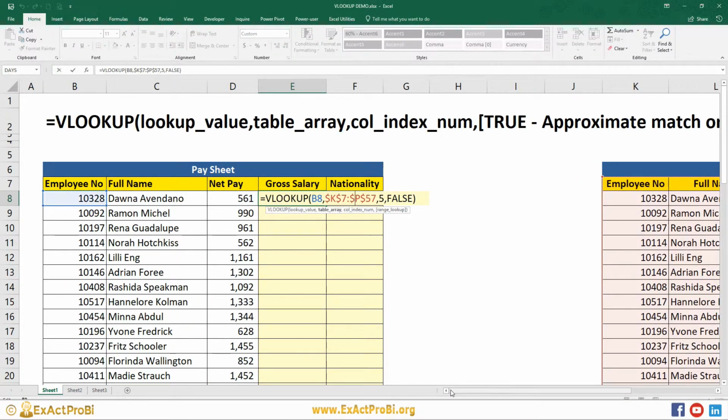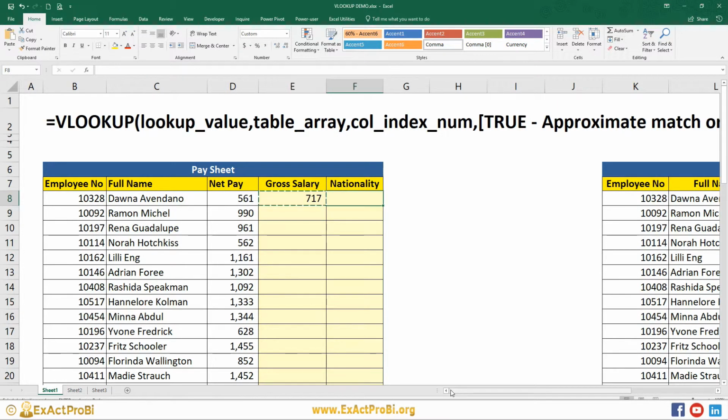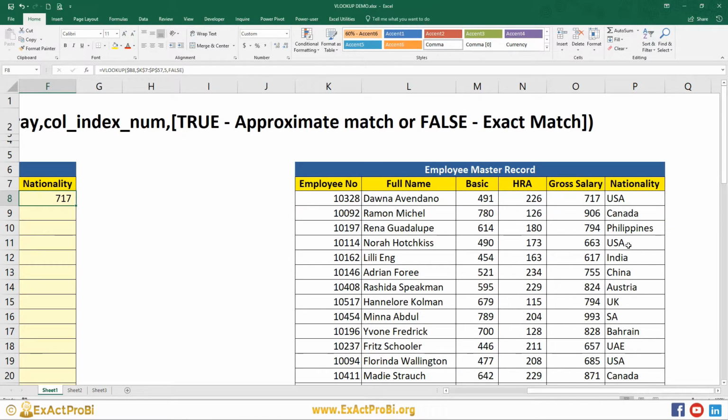Now let's make this formula more dynamic. So I'll freeze the column, $B8, and let's see what happens if I paste the same in the very next column. I got the gross salary value again, which is incorrect because we wanted nationality. So what is the column index for nationality in the lookup table?